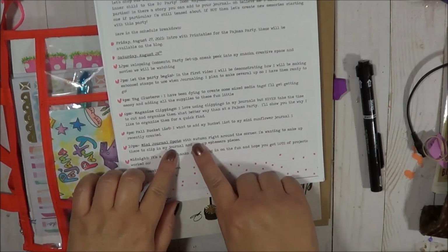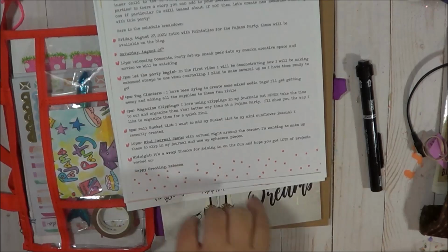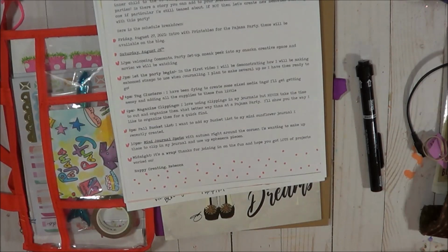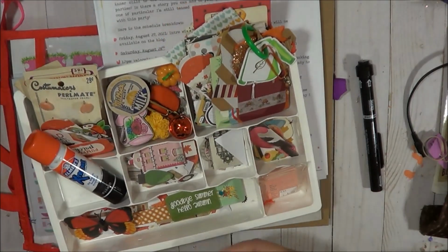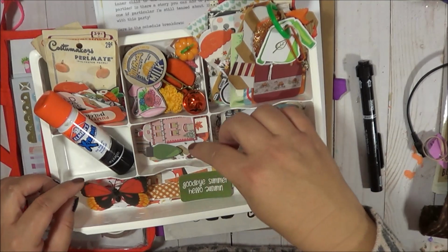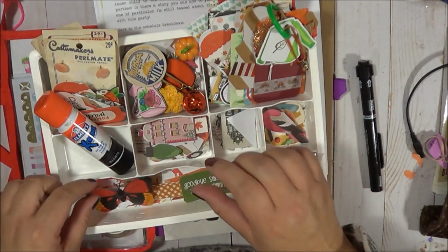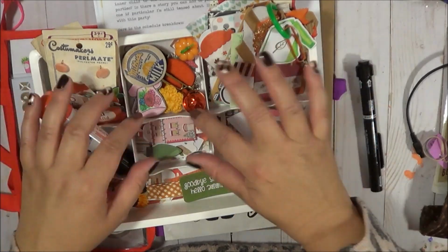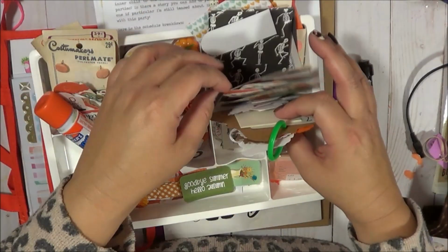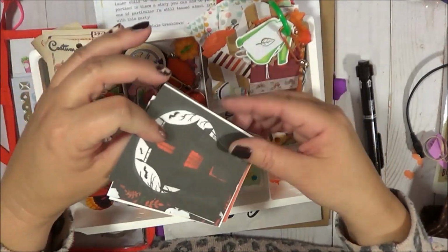And then mini journal spots, which I have a grouping. I'm actually adding to this as we speak, but I have this little tray full of all things autumn, and goodbye summer, hello autumn. I cannot wait to use that. It's been such a sticky summer here. So anyway, just some tidbits that I have had forever, and I just want them at my fingertips